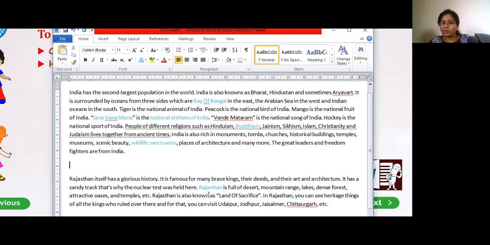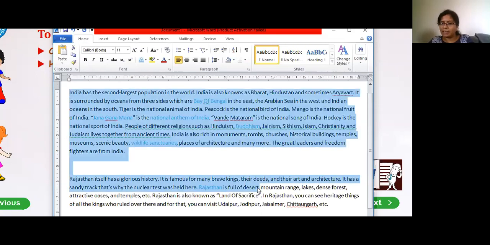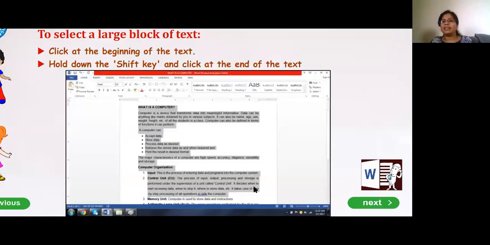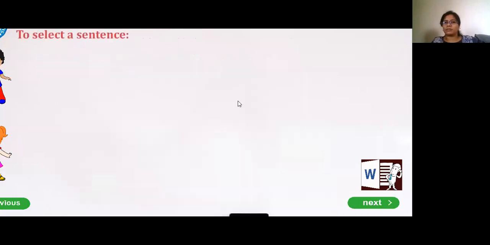Or imagine I just want to select half the way. I'll select here, and I'll press the shift key. I'm not leaving it up. I'll select till here. Till here I've clicked it and I am releasing both my hands. So this is how you select documents and large text blocks.